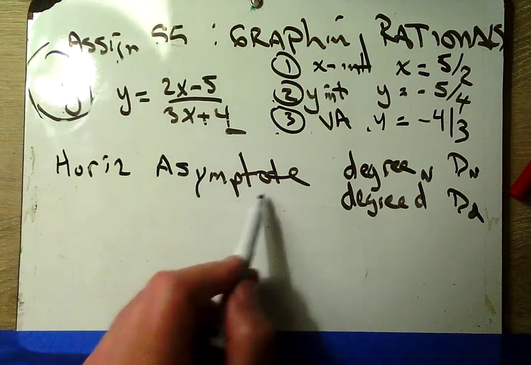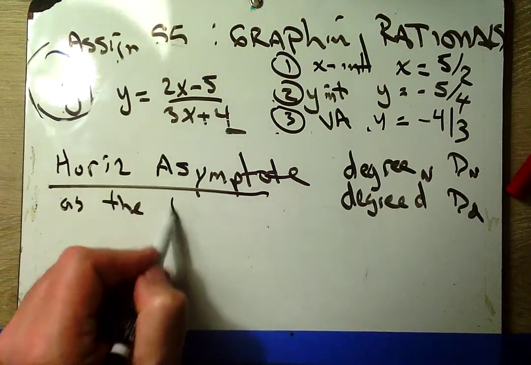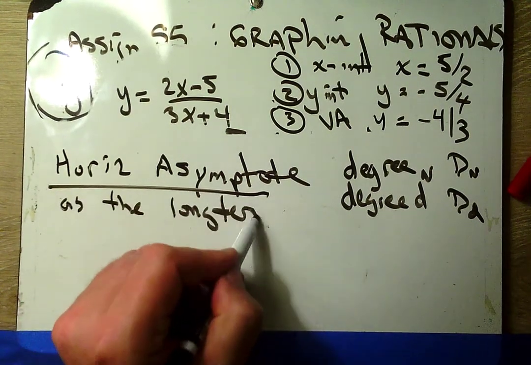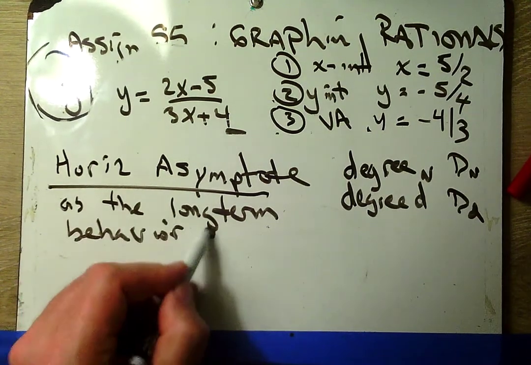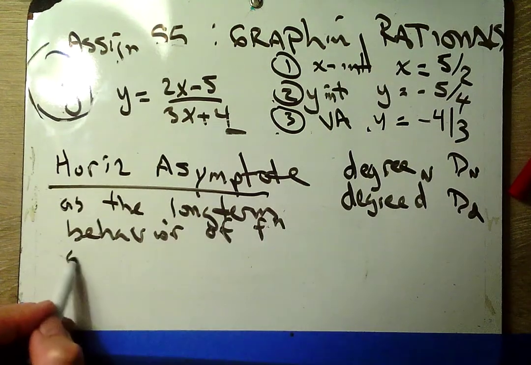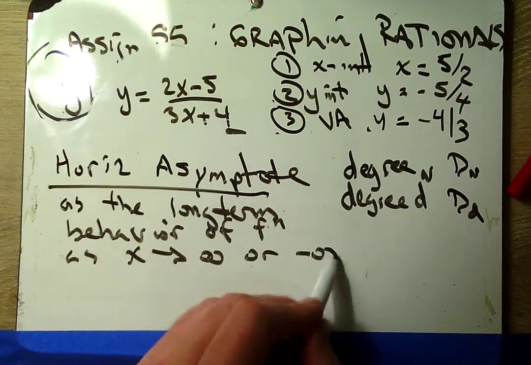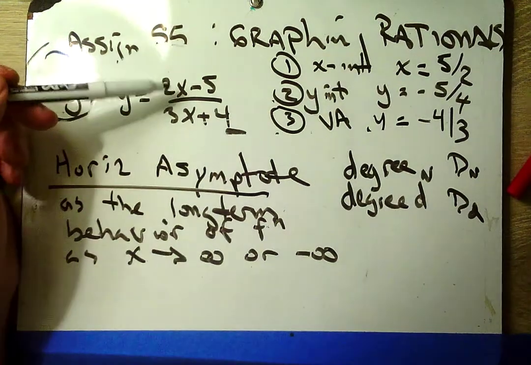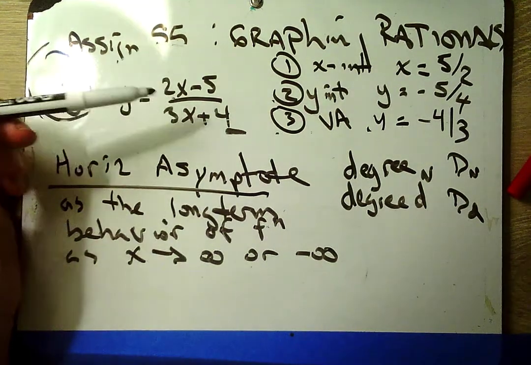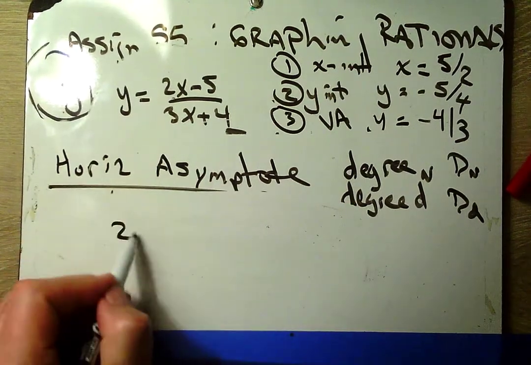And we're going to think about a horizontal asymptote as the long-term behavior of the function as x heads to infinity or negative infinity. Okay? So we're looking at the long-term behavior. So what happens if we put bigger and bigger and bigger numbers in here? Okay, so if I plug in